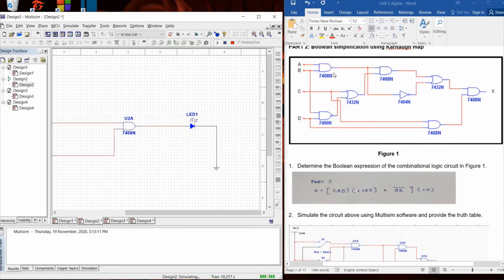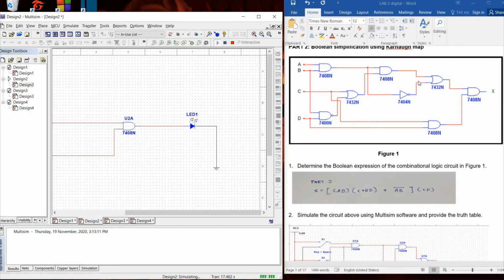First, the AND gate is a product of AB, and secondly, C plus BD. Because the NAND gate and the AND gate are connected with an OR gate and a NOT gate, the output will be AB bar. The NOT gate here gives the opposite output of all the gates in it.